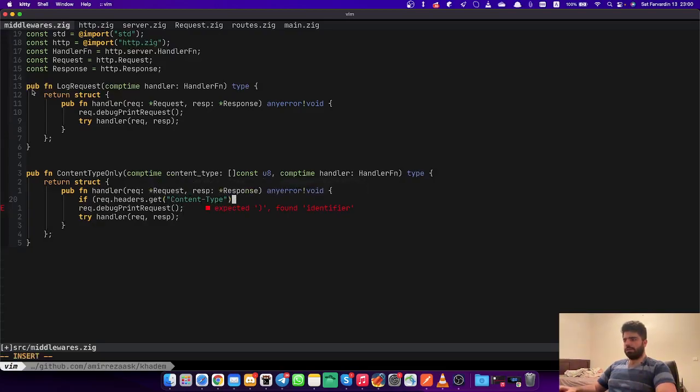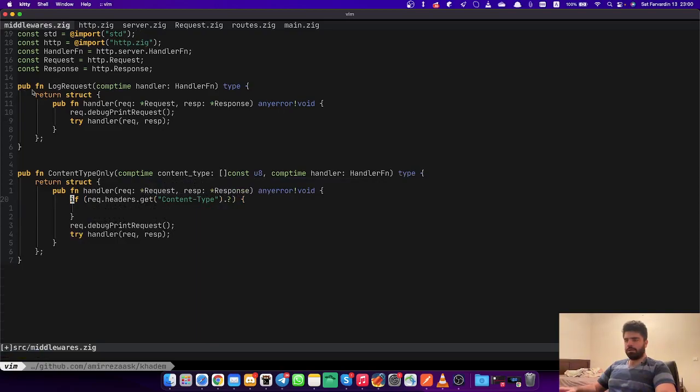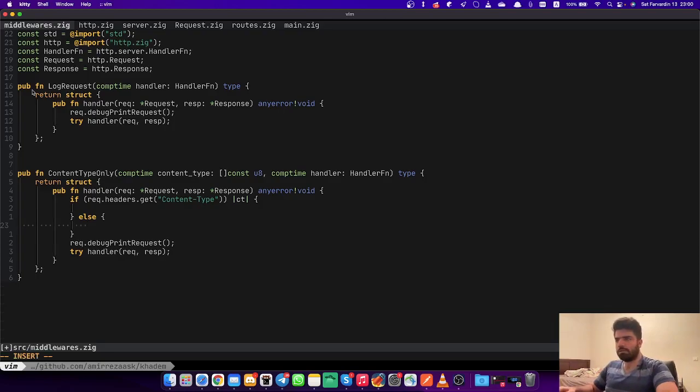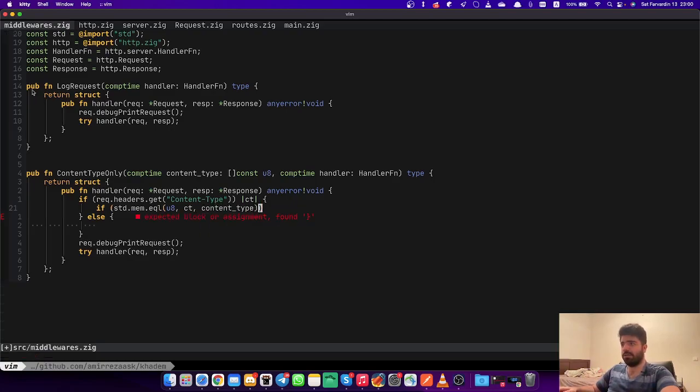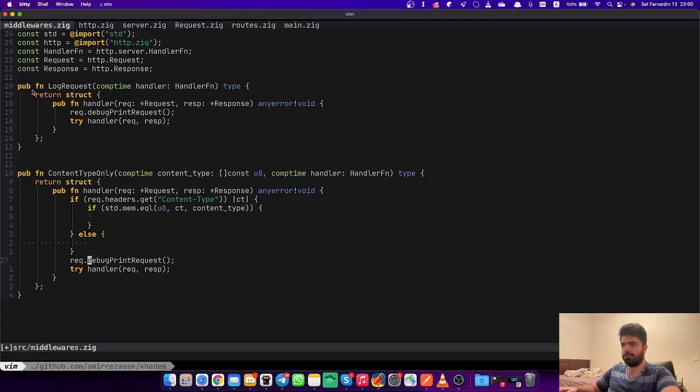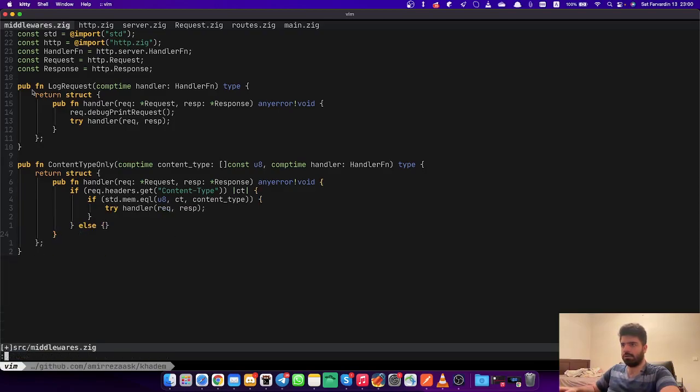Get returns a, not this, but content type. So if ct and content type are the same, call the handler. Otherwise,